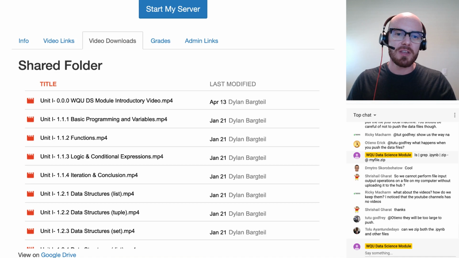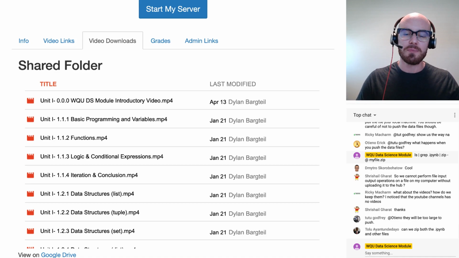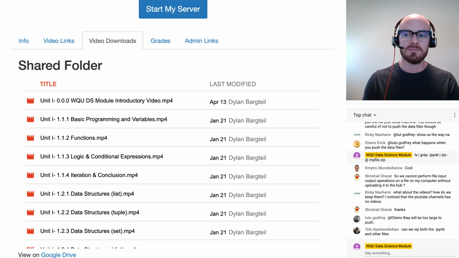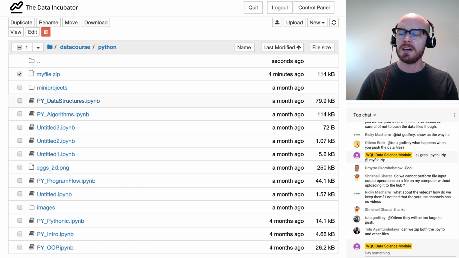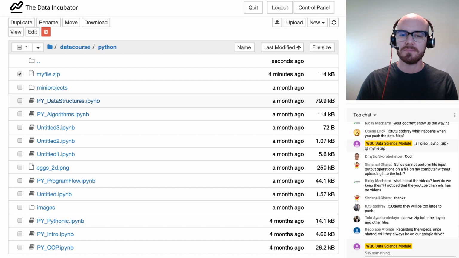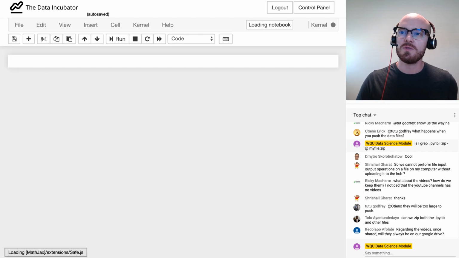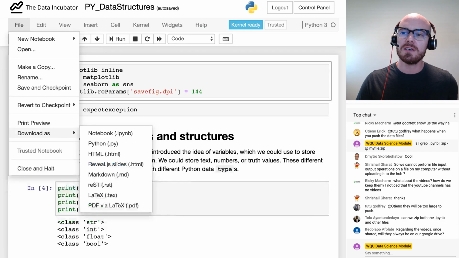And Tolu is right. You don't need to only zip the IPython notebook files, but that's sufficient enough. The other thing you can do is, when you download an individual notebook, you don't need to necessarily download it as an IPython notebook.